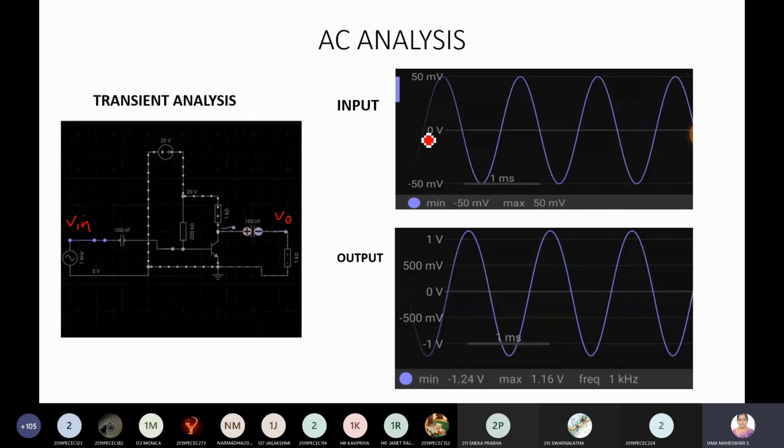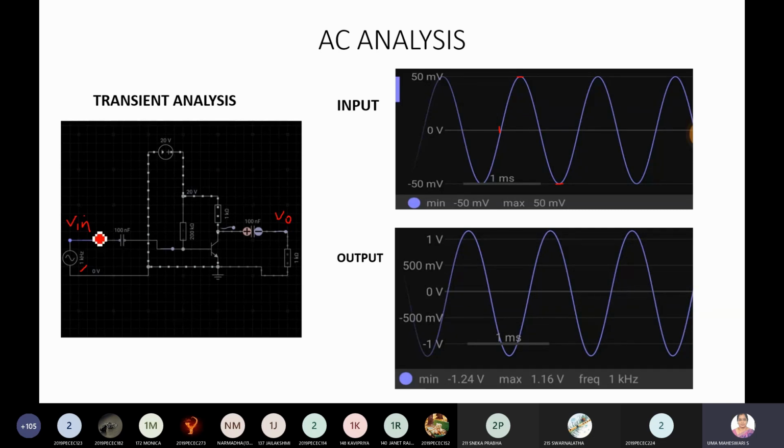Okay, now as an input voltage, I am going to give a sinusoidal signal whose value is going to be 50 millivolts in the positive side and minus 50 millivolts in the negative side. So what is the amplitude of the input signal? Amplitude means peak to peak. So how much is it? 100 millivolts. Then I'm going to set the frequency as 1 kilohertz. So automatically your time period will be 1 millisecond, because you know that time period and frequency are reciprocal to each other. Then I'm going to see the output here. So my output is also going to be a perfect sinusoidal signal.